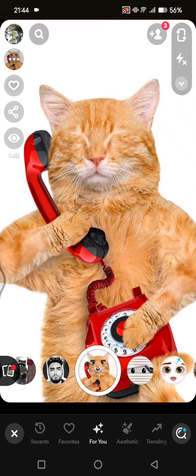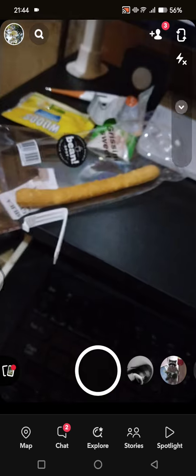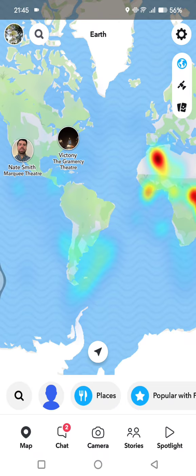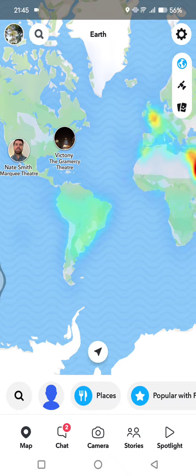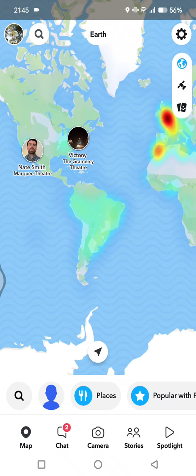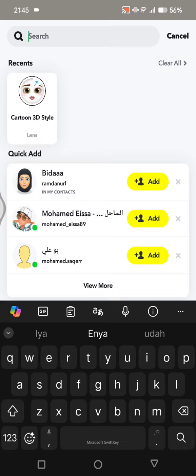So in here, I've already opened the Snapchat app, and to start finding your friend's location, after you open Snapchat, you can just click on the map button in here, and after this you can see your friends' locations in here. But if you want to search for a specific friend, you can just click on this search column and then just type in your friend's name, and after that you can see the location on the screen